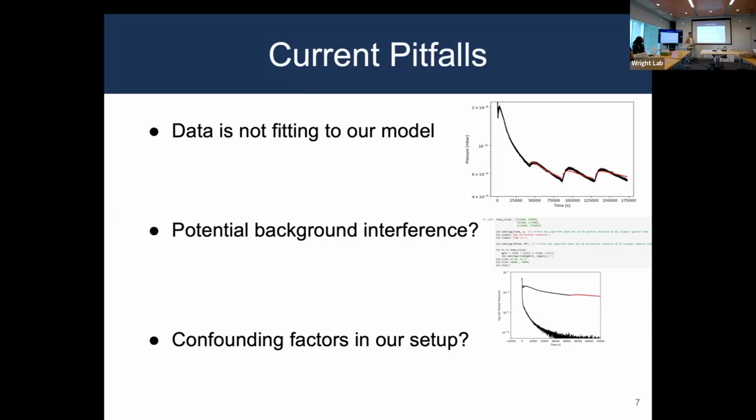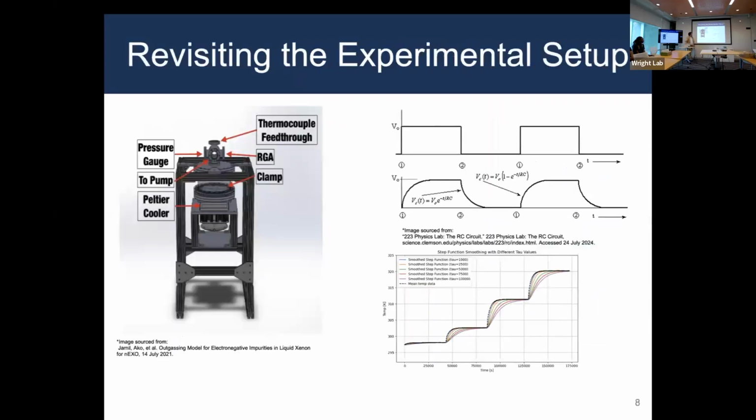So we're thinking maybe there are confounding factors in our setup. This is our setup. We place the sample in here, which is the chamber, and the RGA, the residual gas analyzer, is connected on top, and it's heated to certain steps that we program to our heater, and we take a measurement over